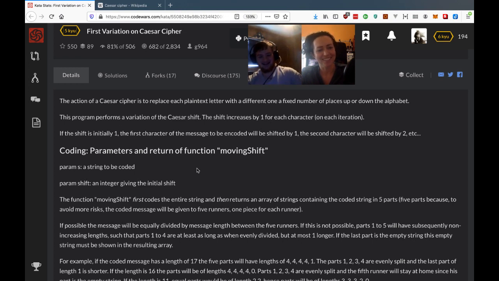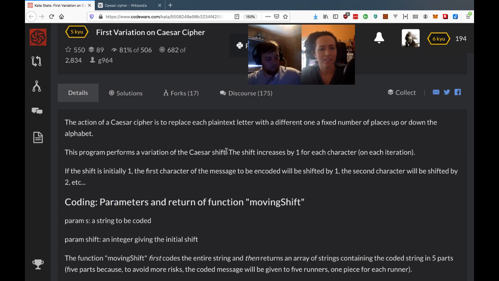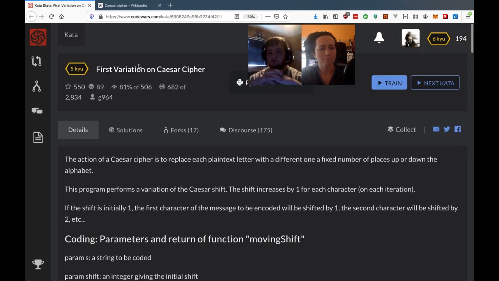Yeah, fair enough. So this is codewars.com that I'm in. Let me zoom in one. That's 150%. Should be able to see that. But codewars.com is basically a challenge site for coding algorithms and challenges. And they have levels 1 through 8, 8 being the easiest, 1 being the hardest. We wanted to pick a challenge today that we could finish in about an hour again. So JT picked this level 5 for us, called the first variation on Caesar Cipher.